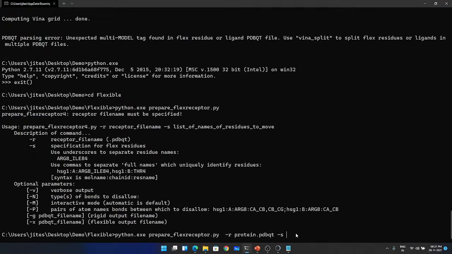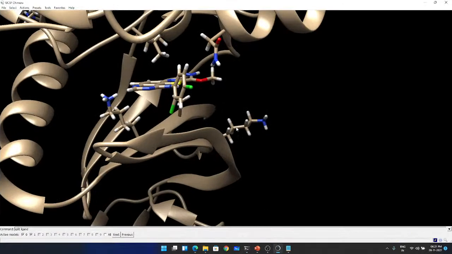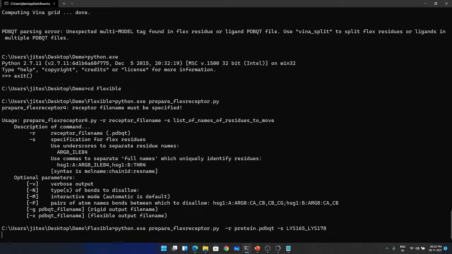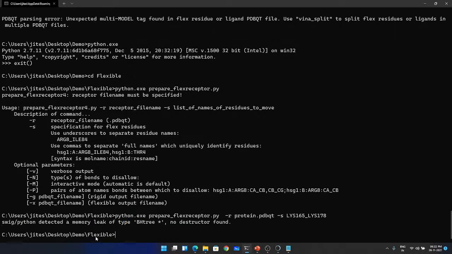So lysine 165 underscore lysine 178. Make sure that these numberings are proper according to your structure. They should not be wrong, otherwise it will not perform correctly. So that's the only thing you need. The moment you enter the script,